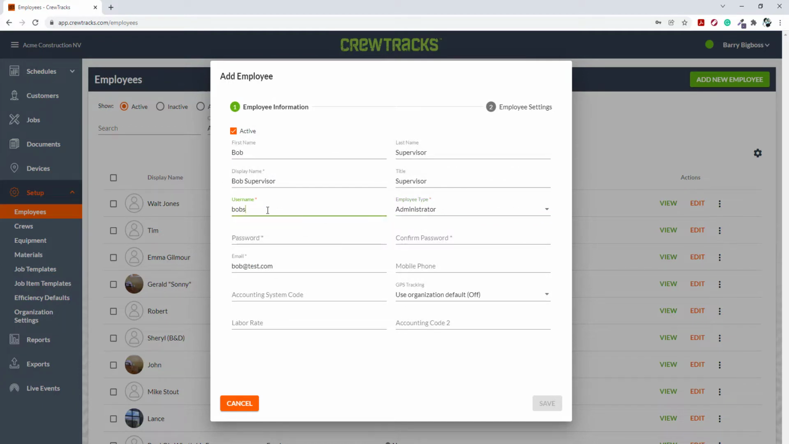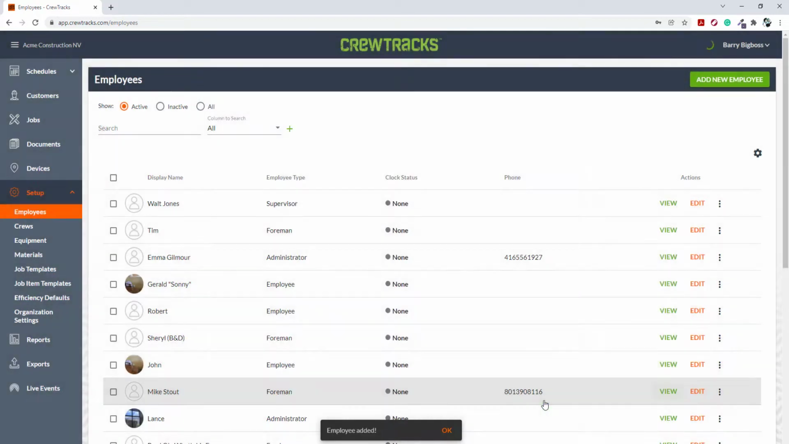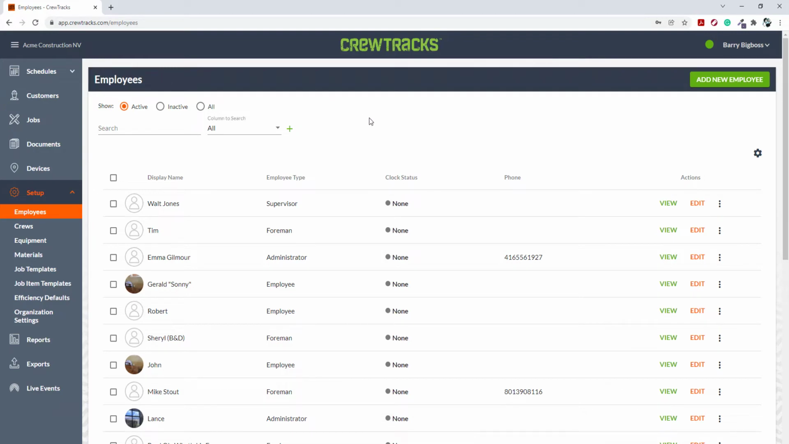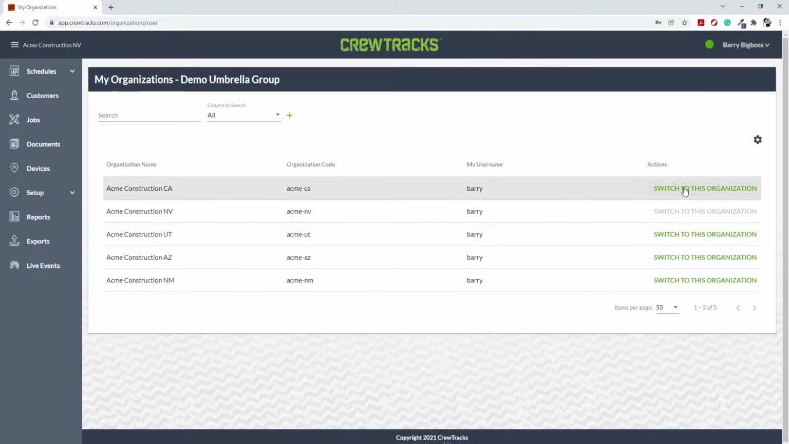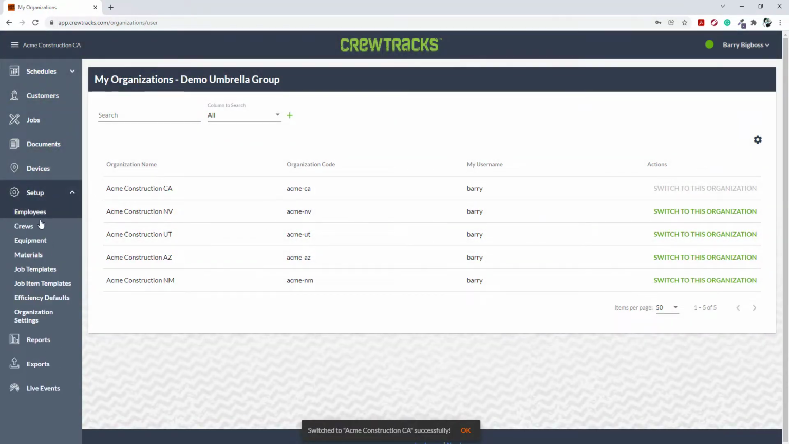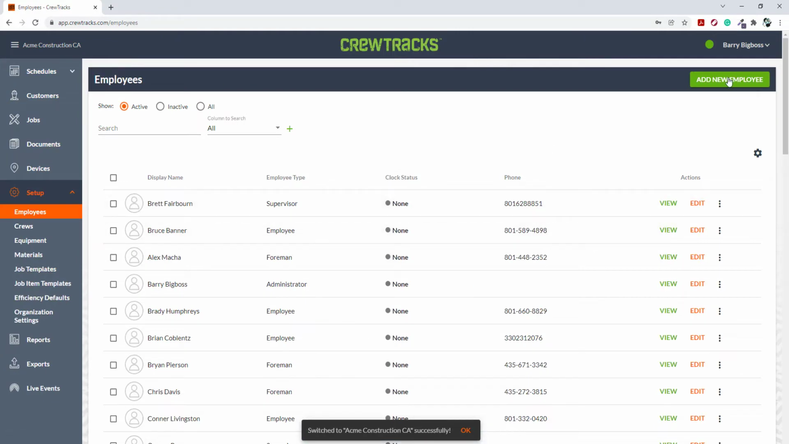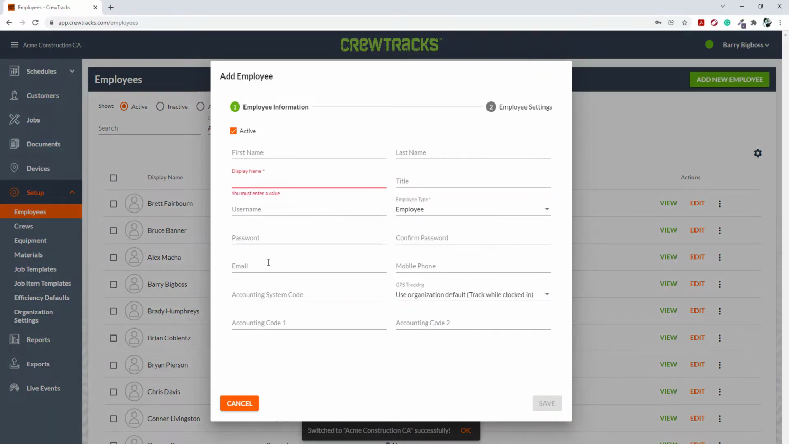Let's make his username Bob S. We'll give him a password, confirm the password, and let's go ahead and save that. Okay. We've just added an employee to Acme Construction, Nevada. Nothing special there, just another user account like we've always had. But now, as Barry, I can go to My Organizations. Let's switch to California, and I'm going to go to Employees, and let's add Bob Supervisor here as well. I'll skip straight to his email,